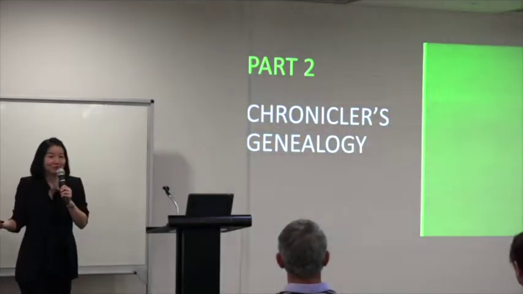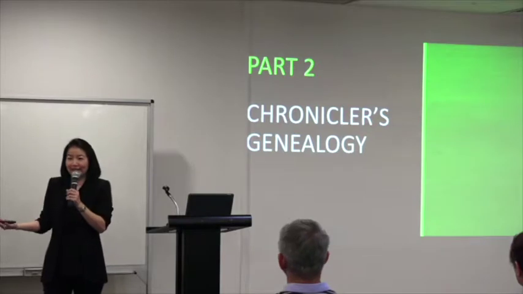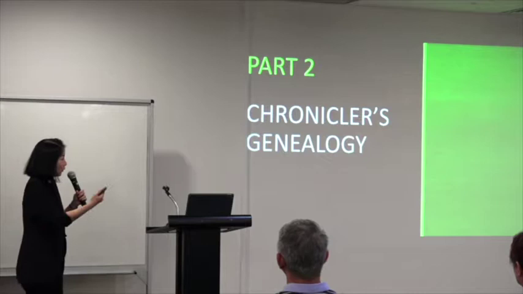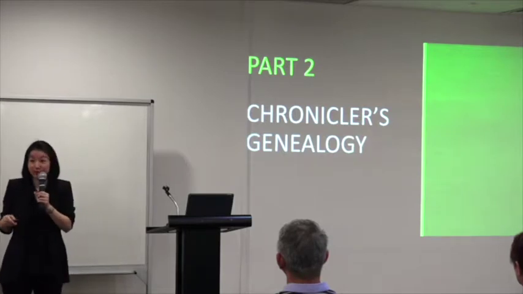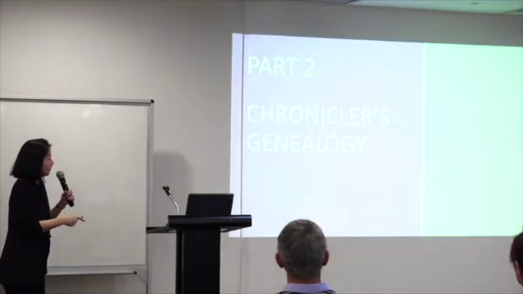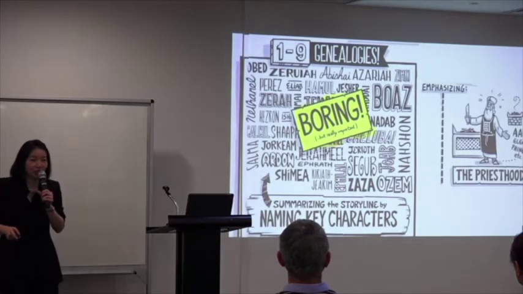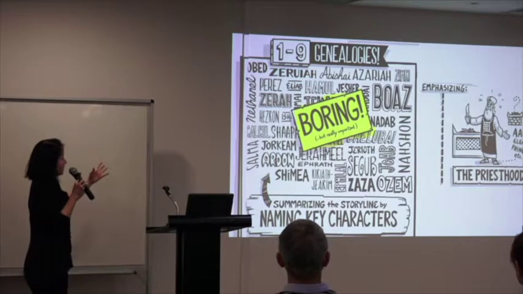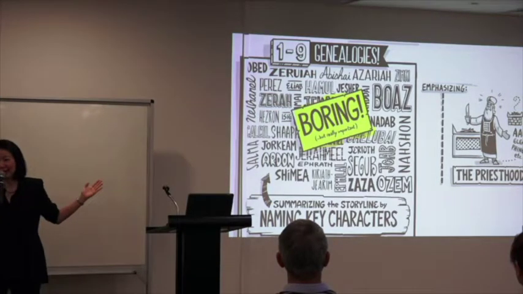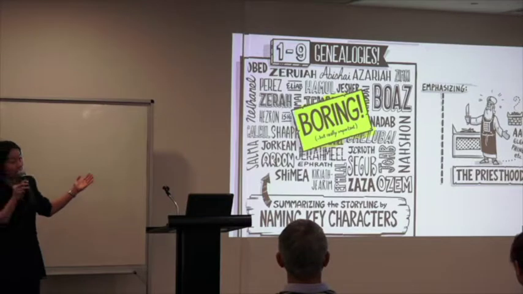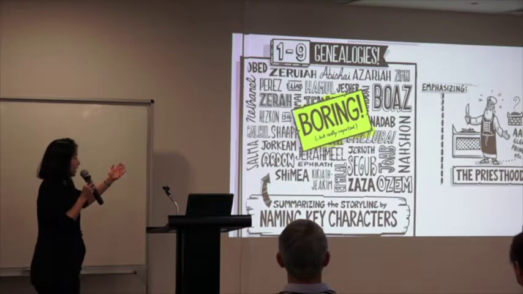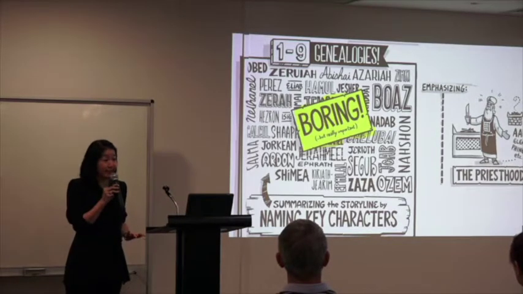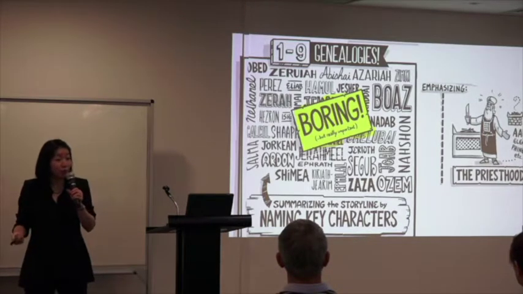So now, I am so glad that everyone is so super awake. Your eyes are bright, you're glistening. We will dive into part 2, the meat of the appetizer. We're going to go into the Chronicles genealogy, and you and I know you are not this. This is the public perception of chapters 1 to 9, the genealogies. We highlighted in yellow. It's boring, but really important. To everybody else, it is because they don't understand. But today, your eyes will be opened.